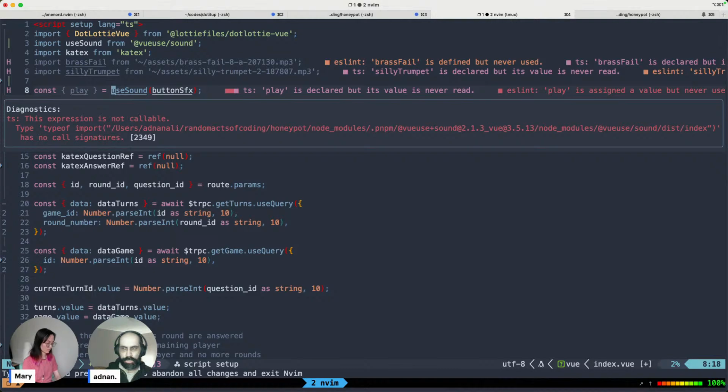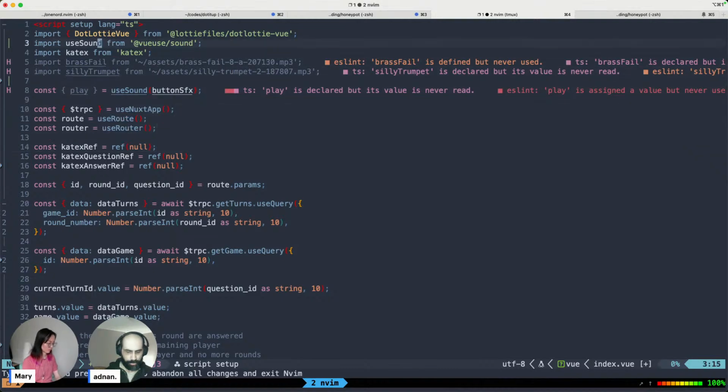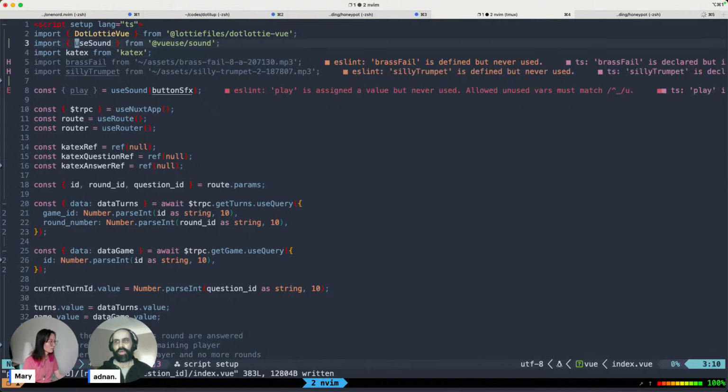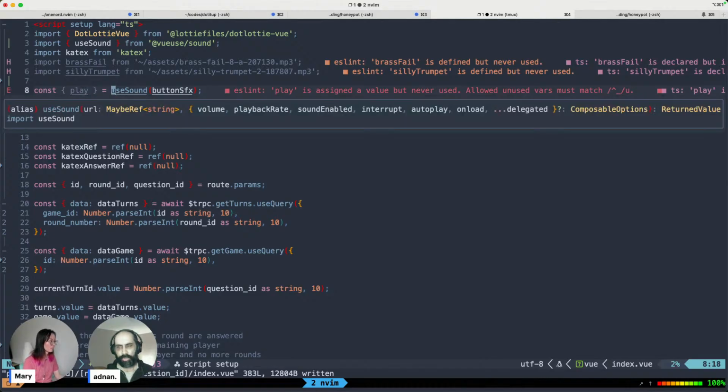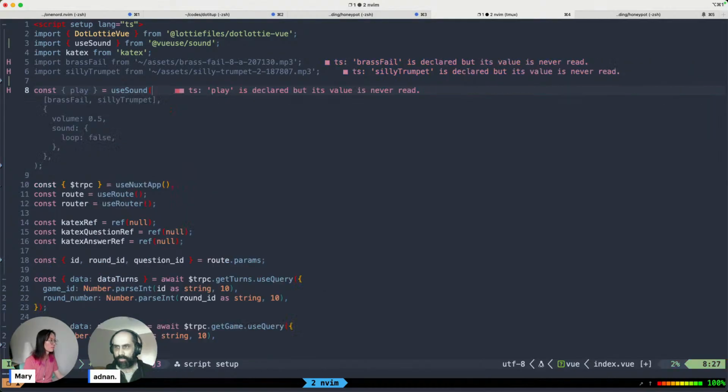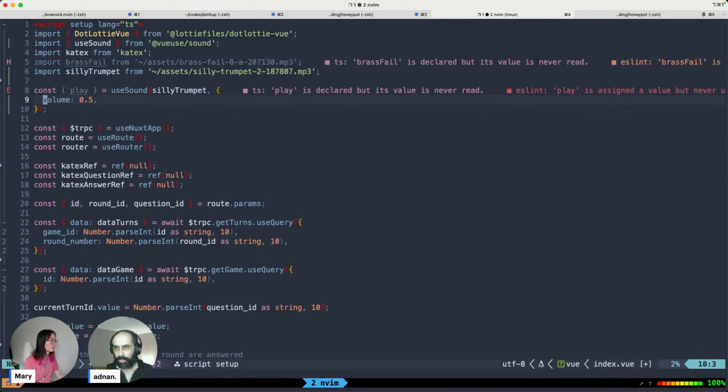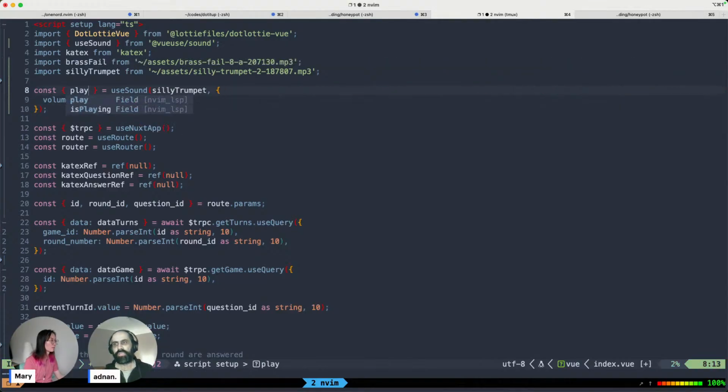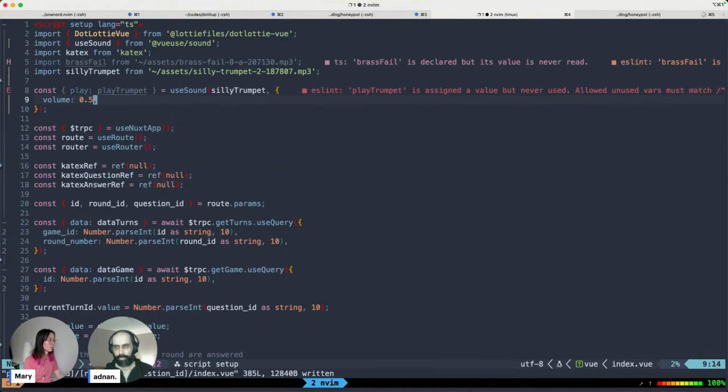Has no signatures. So I think I want to do something like this. And because it's not the default import, it is a function export. Okay, and so this becomes our silly trumpet. I'll keep that there for now. And here we can't say play trumpet, we'll say play trumpet here. Okay. And then we want to run the play trumpet